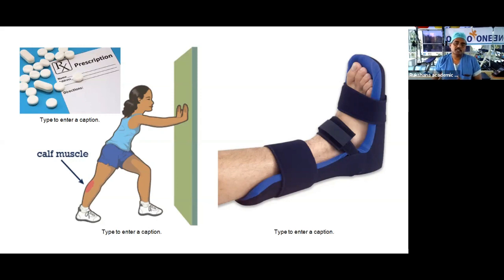Then comes the question of how long you need to continue this physiotherapy and how long you continue the night splints. It is not typically that I can say, okay, 2 months or 1 month. Sometimes it may even be 3 months. So one of the main important things in the treatment of heel pain is patience. A patient who has patience, who continues to be compliant for 2 months, 3 months, is going to have very good results. Otherwise, you may have results earlier and you discontinue the treatment, and again the complaints will come back.